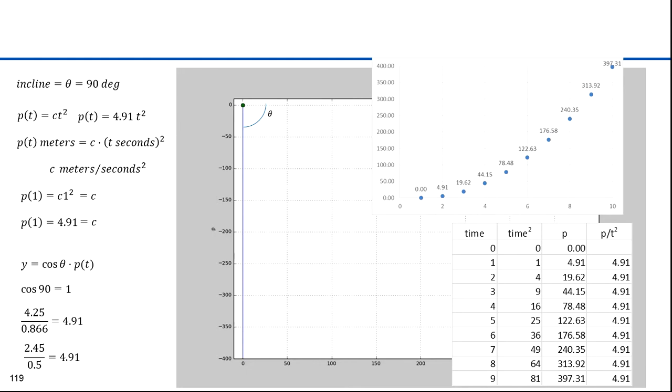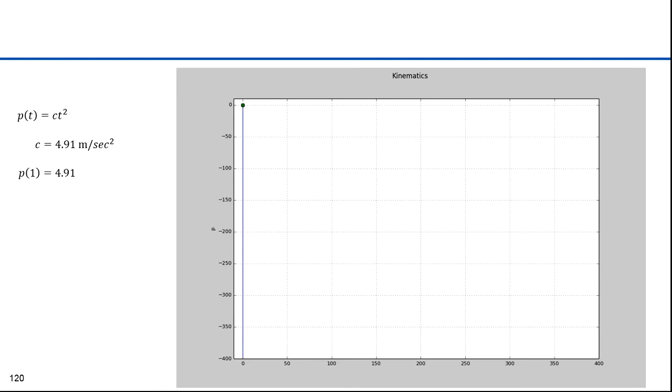Galileo would have had to determine this mathematically. His water clocks weren't responsive enough to measure an object in vertical freefall, even if we were able to throw it off a tall building like the Tower of Pisa. Here's the object in freefall again. Once Galileo knew how position changes with time, he could figure out the velocity of the falling object at any time. He could also know how far it travels in a specific time.